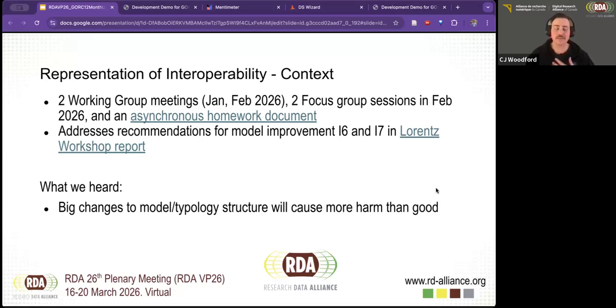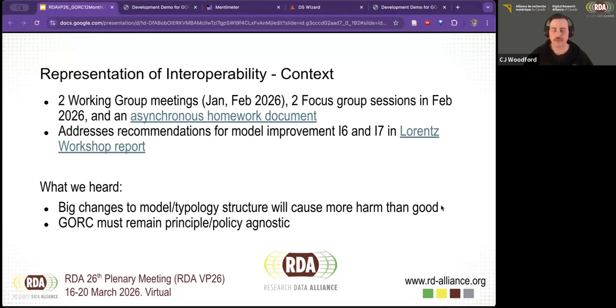So this is more about, and we're not removing any information from the model. We're not taking things out. We are just changing where they sit. And we're changing the name of an essential element, but not necessarily its intended function. So that's one argument for the change through the Maldrith task force isn't quite as intense as something like this would be, which could be removing interoperability as an essential element, one of the proposed changes, which would be quite large. So really large changes like removing an essential element, not just moving things between them or changing them around a little bit, would cause more harm than good because it's already in use.